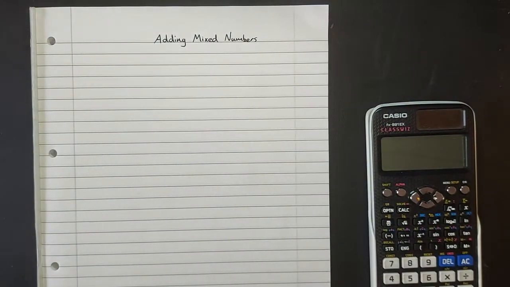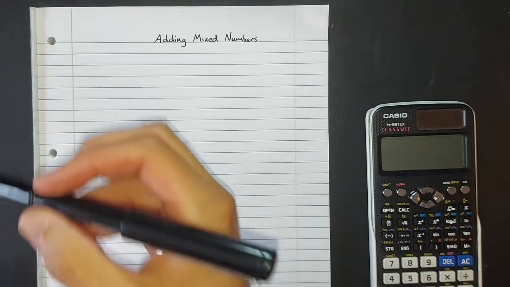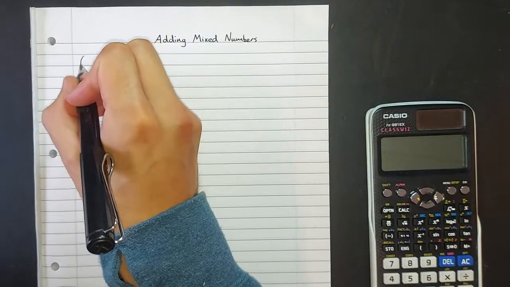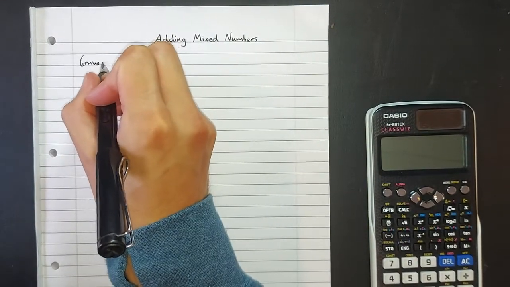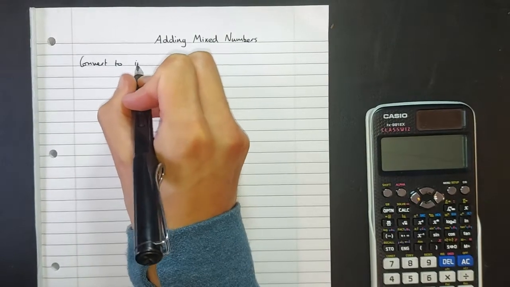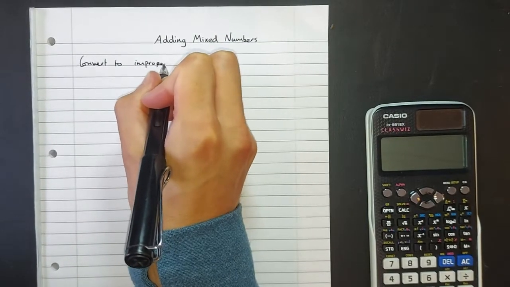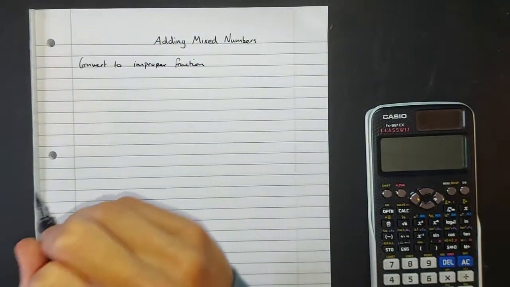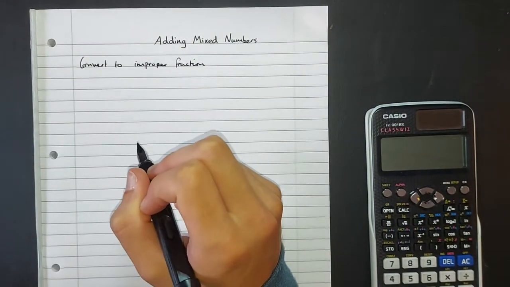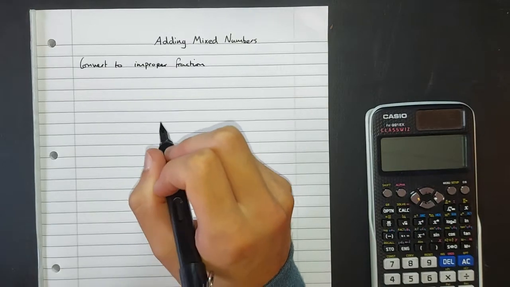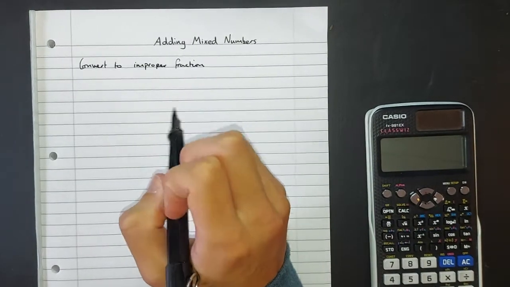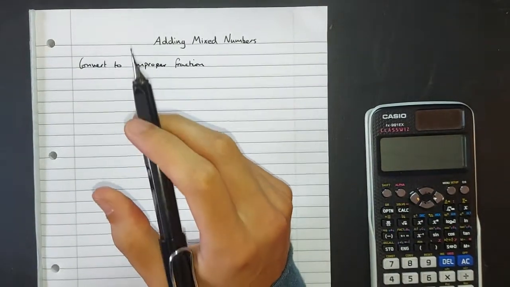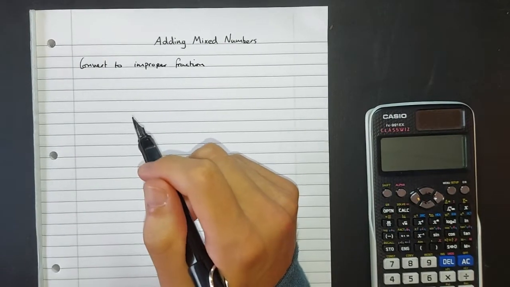So this is just like dividing, multiplying fractions. I'll write out the steps. The first thing you want to do is convert to improper fractions. Improper fractions are a lot easier to work with than mixed numbers. Whenever you see a mixed number, your first instinct should be, I want to be an improper fraction instead of a mixed number. As with before, you can work this out with mixed numbers,